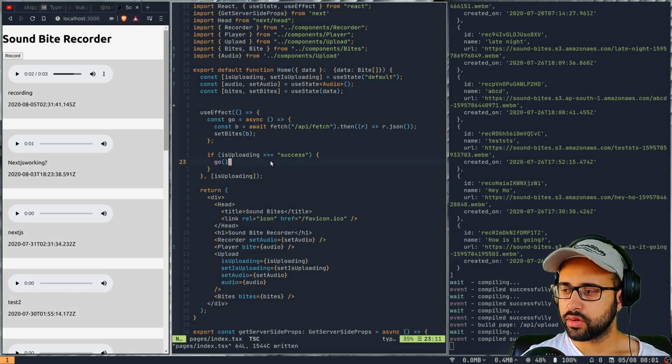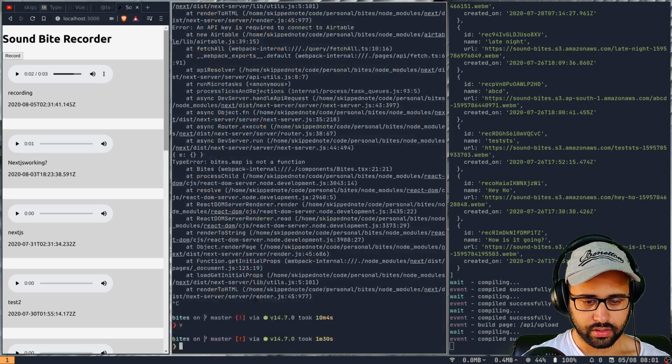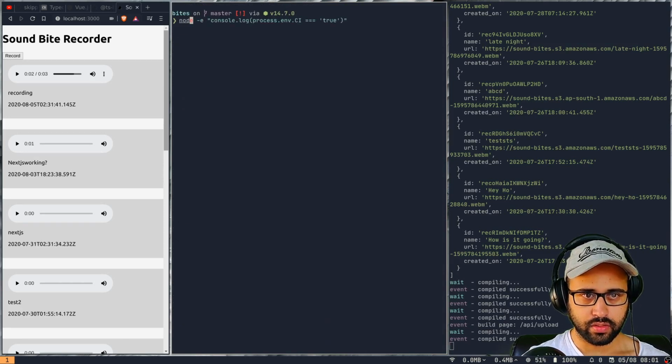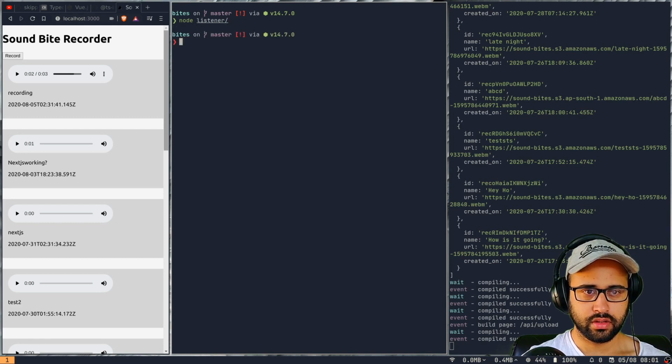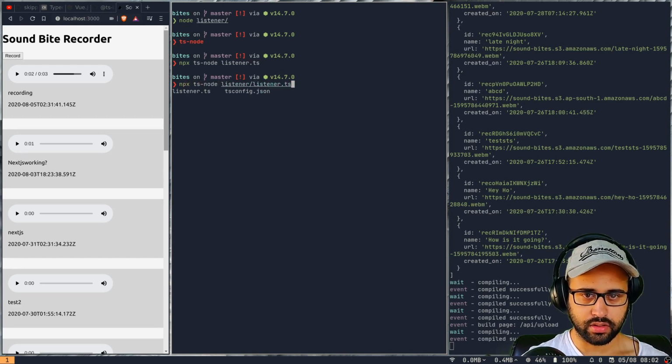The next thing that we want to test out is our listener, to see if that is working as expected. So I could use ts-node instead, right? So npx ts-node listener, and then listener.ts.